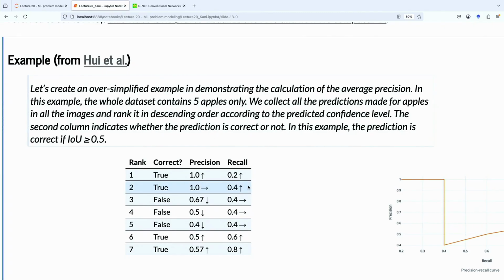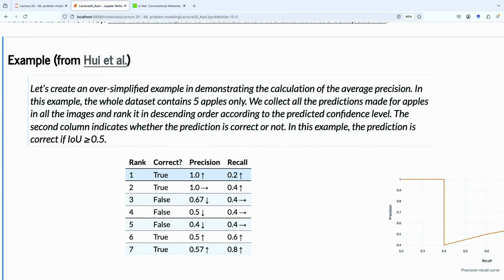So what we do is, for instance, if we go with the top result, the bounding box the model is most confident in, the precision will be 1 because it has one bounding box, and that bounding box is a ground truth, right? And we're going to assume that we say that bounding box is positive if the intersection over union is above a certain threshold, in this case 0.5. So we're going to say, okay, this overlaps with the ground truth bounding box, at least half of it does.